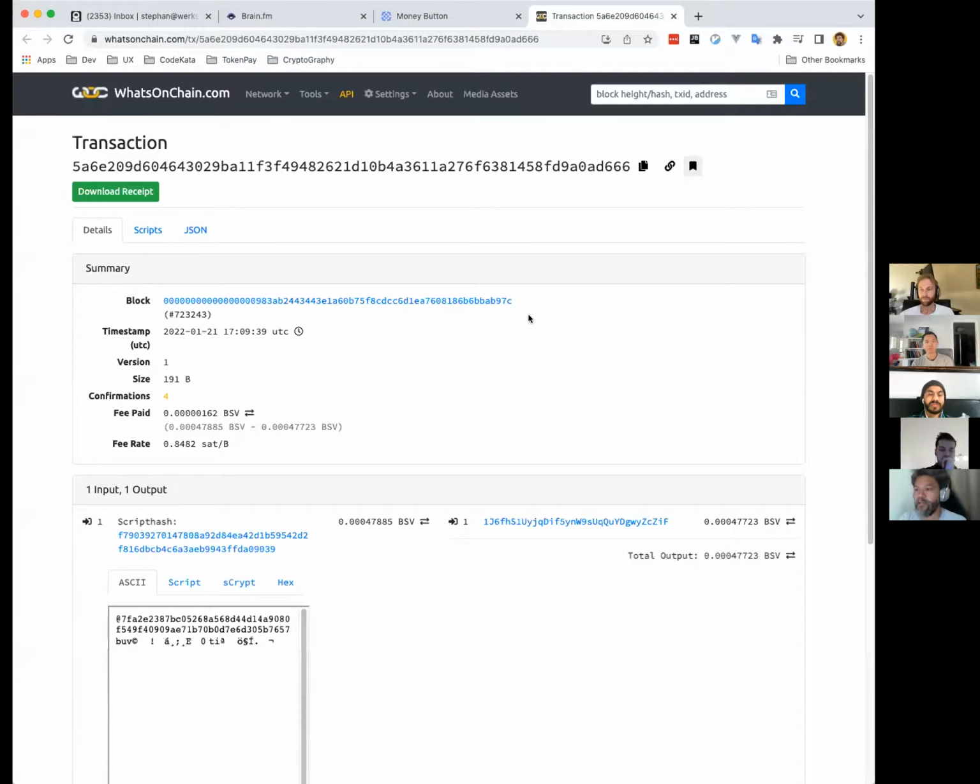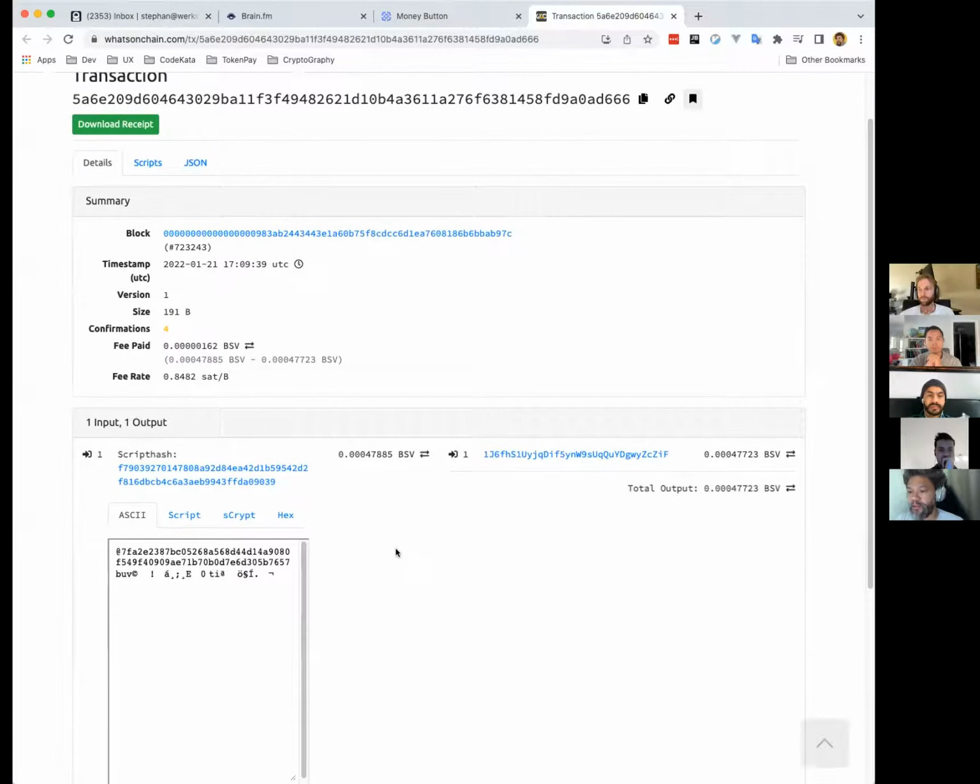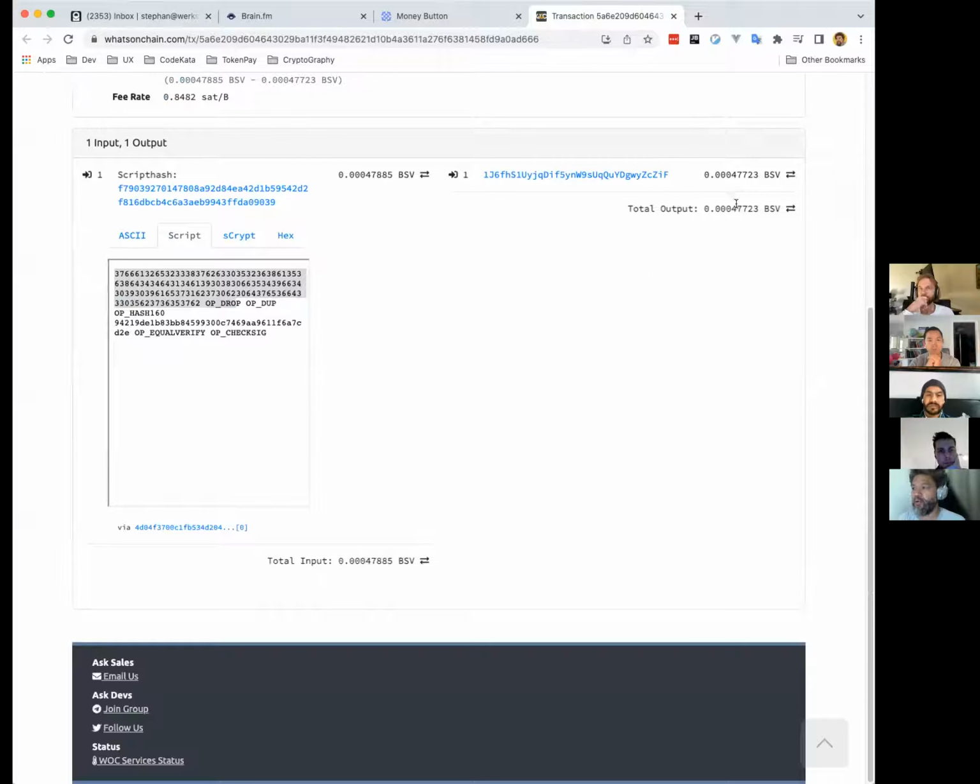Right, so you guys can see my WhatsOnChain. This is the transaction I just sent a few minutes ago. If I look at the script output, here you can see it. It's the chunk of data followed by OP_DROP, and then just followed by a regular pay to pub key hash script, which would normally have the shape OP_DUP OP_HASH160 pub key hash OP_EQUALVERIFY OP_CHECKSIG. But yeah, this is the shape of the transaction, and the output is essentially, as you can see here,